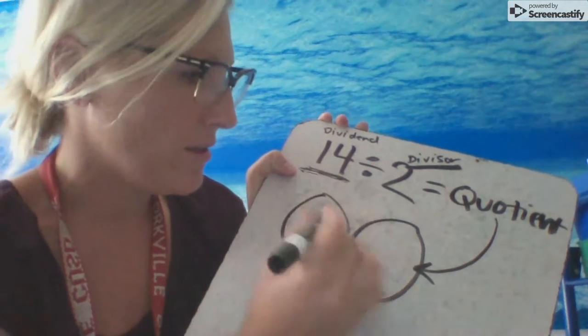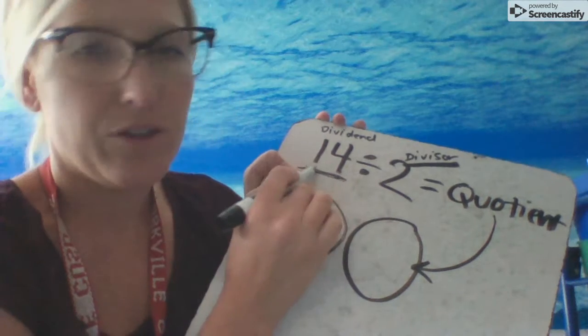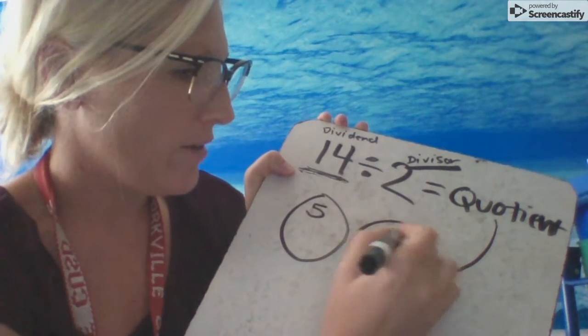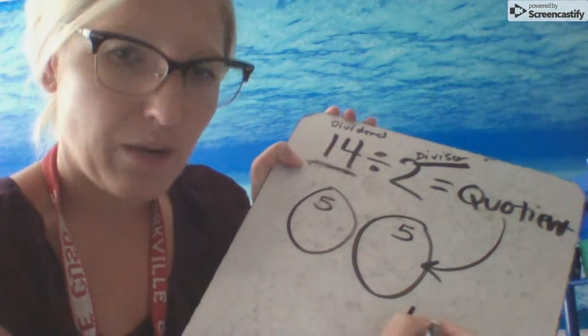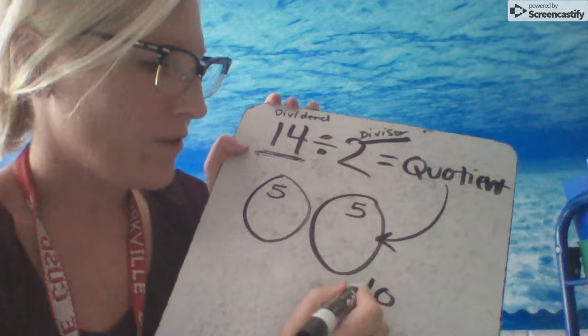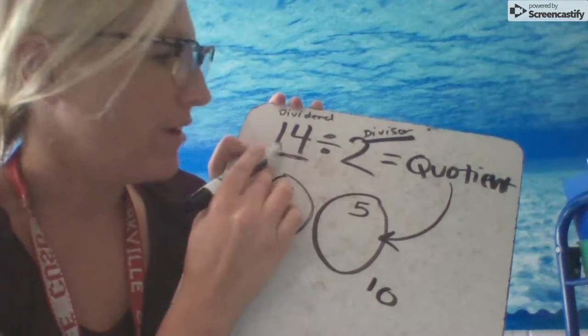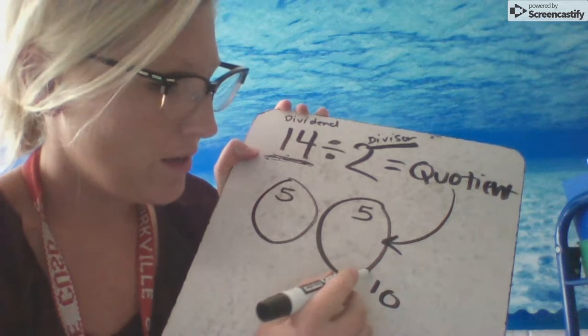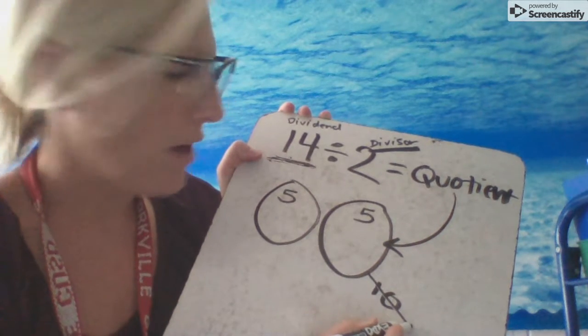I can't do 10s because I don't have 2 10s here to give, but I can do 2 5s. So I'm going to start giving out 5, 10. And I always write my number down below here so I can keep track of where I left off. So now I've given out 10 of my 14 jelly beans, and I'm going to now count by 2s to